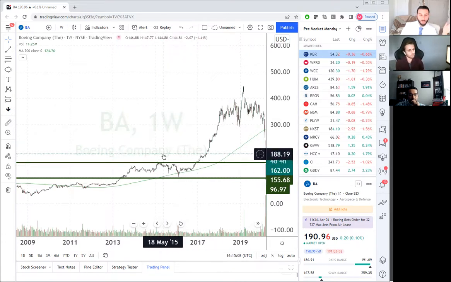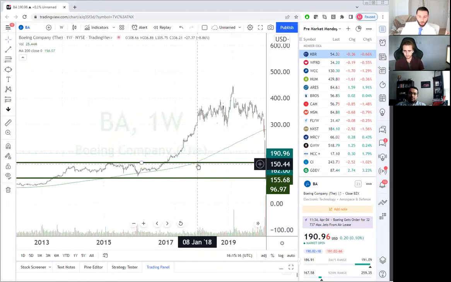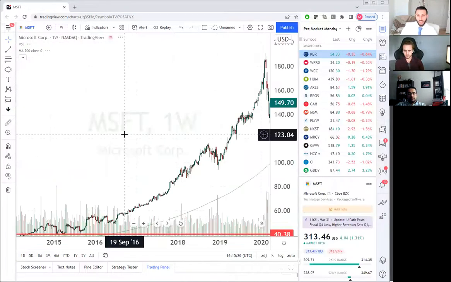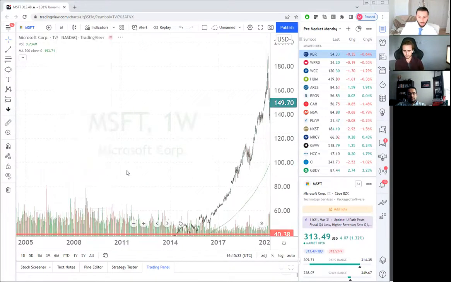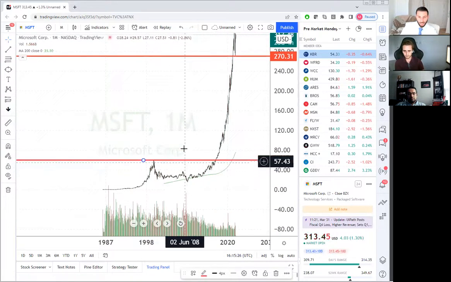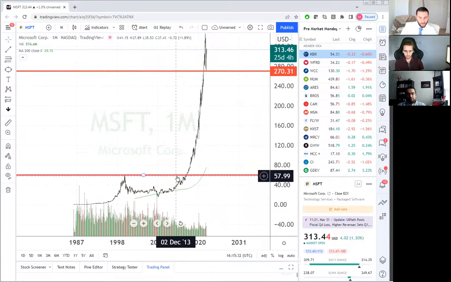So for the person who was impatient with ACAM setting up for a year, this was nearly half a decade Boeing flagged before it was ready for this monster move. Even if you think of a name like Microsoft, an even bigger consolidation, I might have to pull up a monthly. This was a two-decade consolidation. Microsoft was a sub-$60 stock for 40 years. And then once it finally cleared that high,